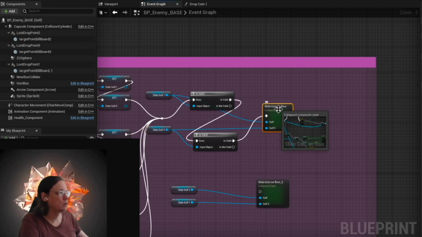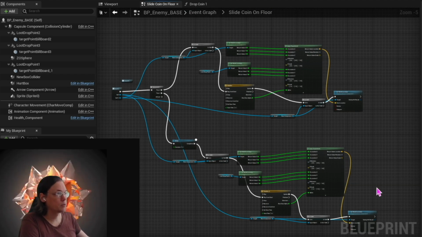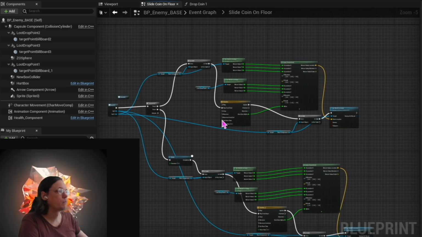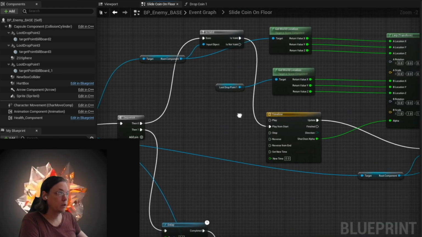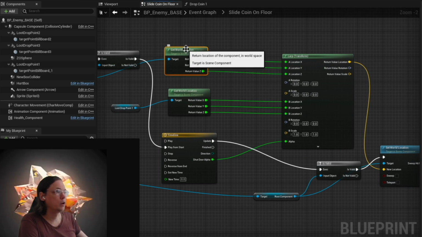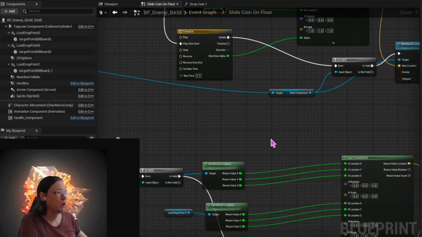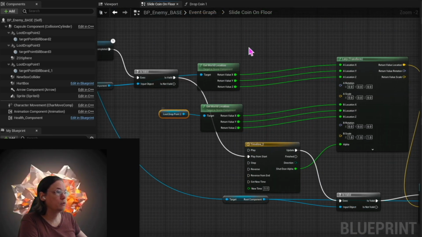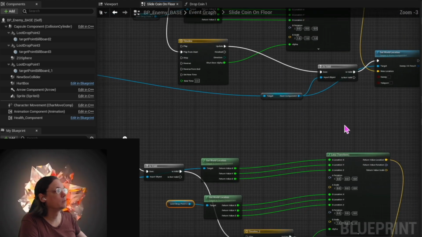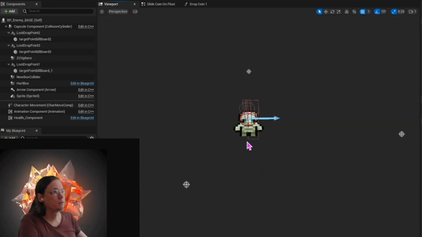And then they go into my collapse node right here, which is slide the node across the floor. This is 2 times the same thing. Both of them, again, is valid because I kept getting the errors. I move it from where the enemy died to a loot drop point. And then over here, I use a different loot drop point. That's what I'm doing. The loot drop point is these targets. So far, so good,